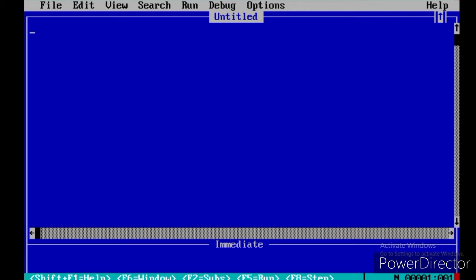Now let us start with the next command called the LET command. The LET command is used to define a variable and to assign it a value. It is not used as much, as you can also directly assign a value to a variable using the variable equals expression statement. Right now I'll type some statements here for you so that you understand it in a better way.